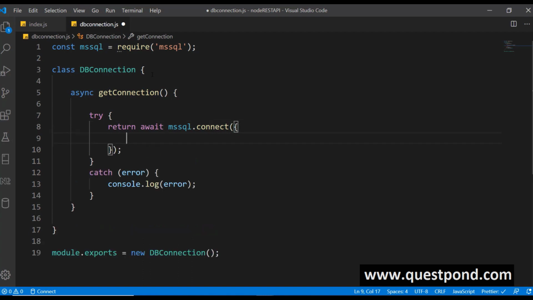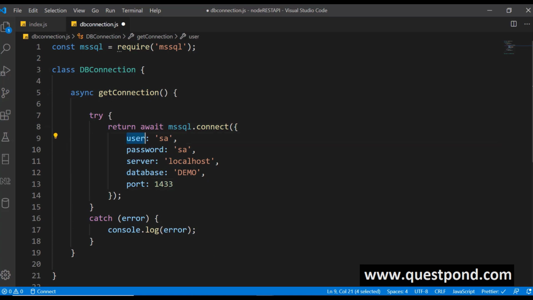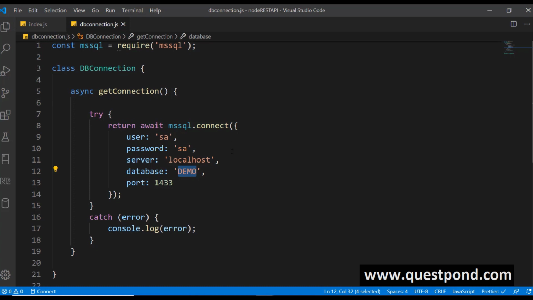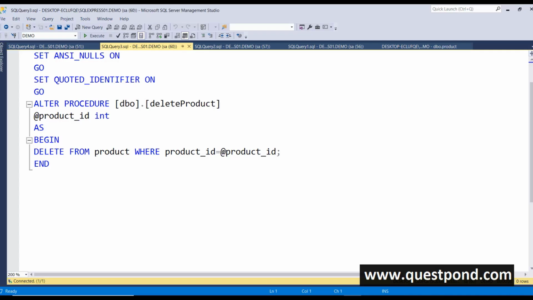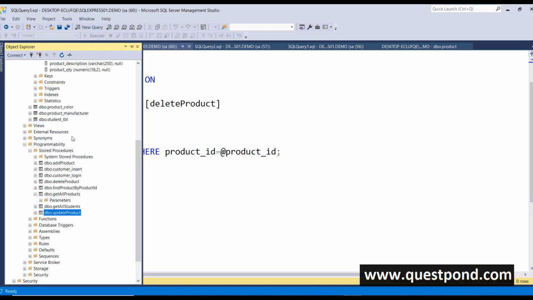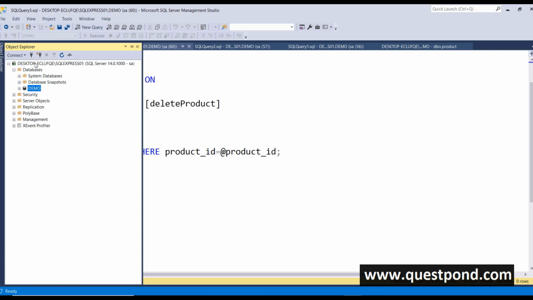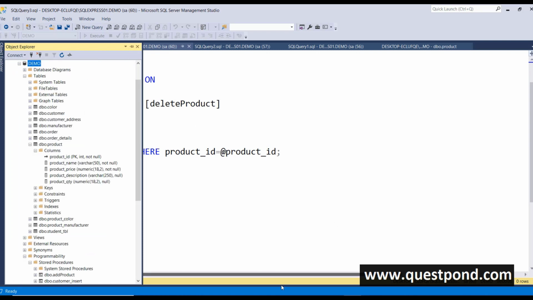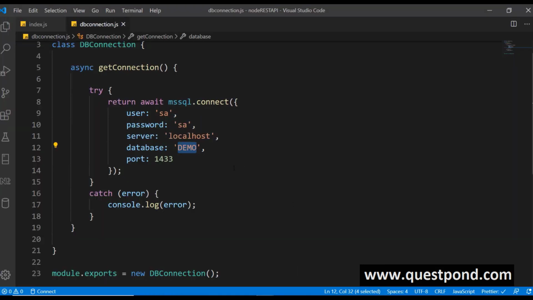And inside that method we need to pass our database object, and for that what I can do is simply create a database object over here with the username, password, server name and database name. So these are my local configuration: username is SA, password is SA, server is localhost, database name is demo. Whatever your configuration is for your local MS SQL database, you can pass it over there. So in my case the database name is demo, all right, and the rest is all the configuration to connect to my MS SQL server. So this is how our first file will look like, and I'll name it